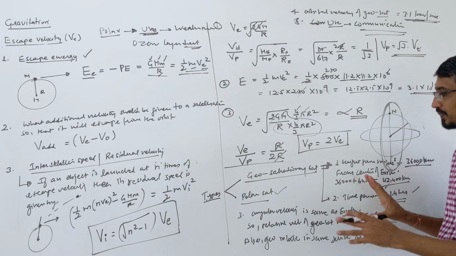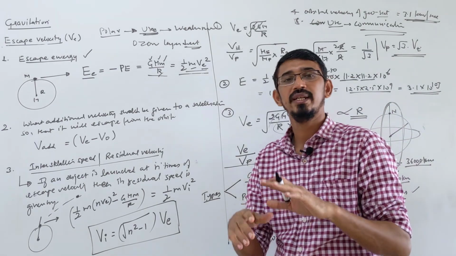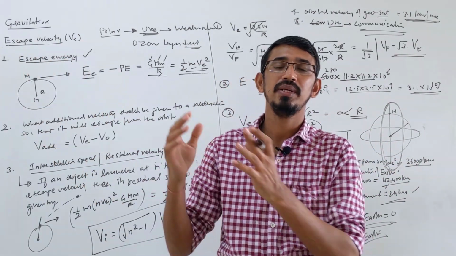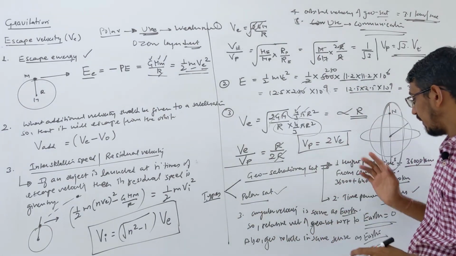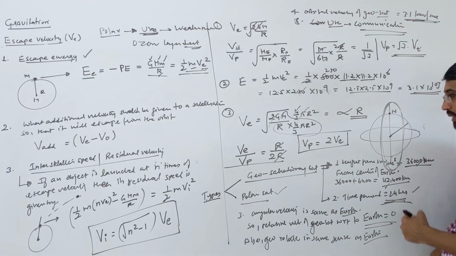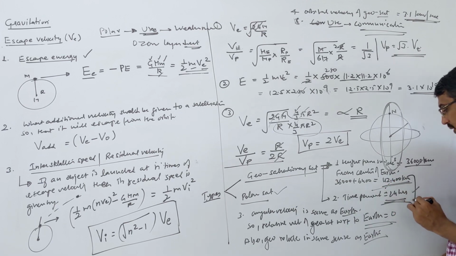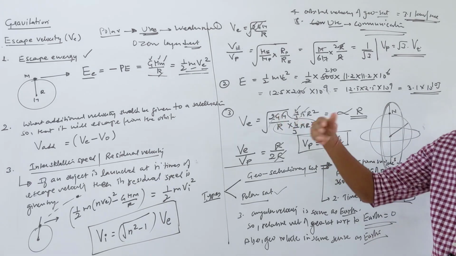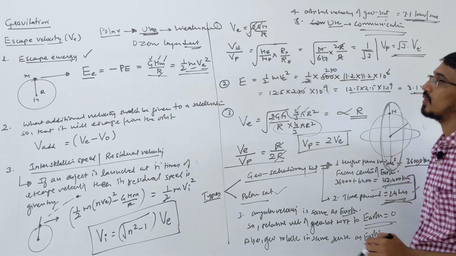What we'll do here now is, based on Kepler's third law, they ask questions. They compare one satellite, given as geo, with other satellites at some distance and ask the time period, or the time period is given and they ask the distance. For geo they will not give values, because we already know them. Time period is about 24 hours, and the distance from the center of earth is 42,400 kilometer. So you have to use these values directly and find the distance or time period of the other satellite. They will use this in comparison, okay.